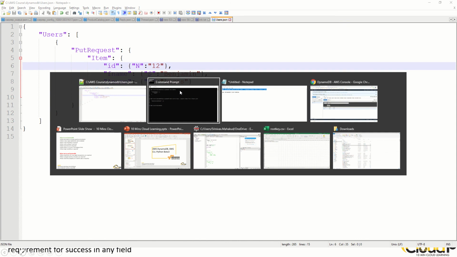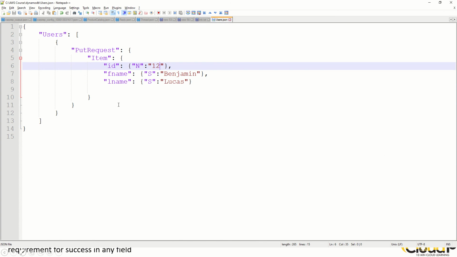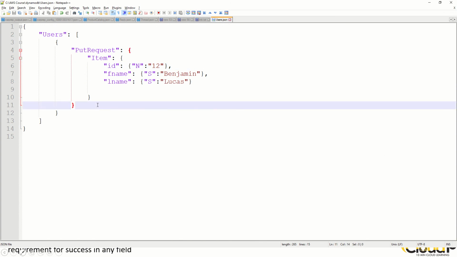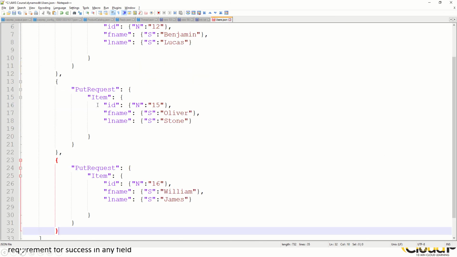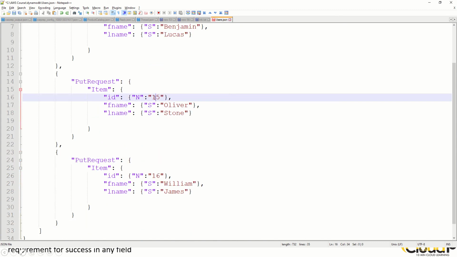So let's go to our console and check if it has really inserted or not. We can click on this refresh icon. As you can see, the ID 12 has been added here. In case I want to add a few more records, I can do that by adding. So now I have added 15 and